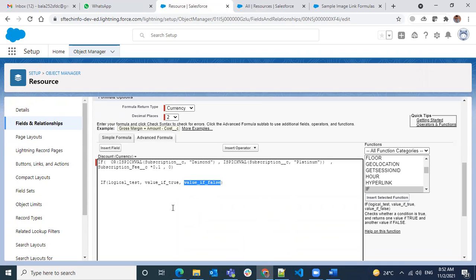I gave different values here. Okay, if it is not this condition, I want to give one more IF condition, like a nested IF, if it is not this one. Yes, I'm making it multiple lines. If this is the value, it's going to be true. If